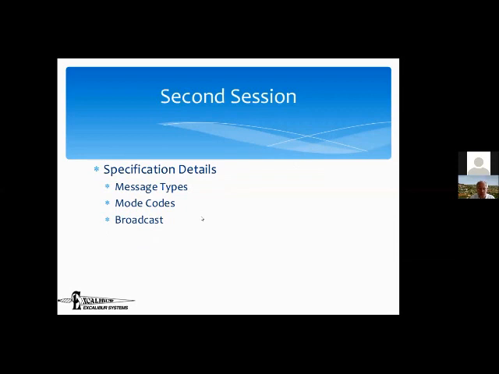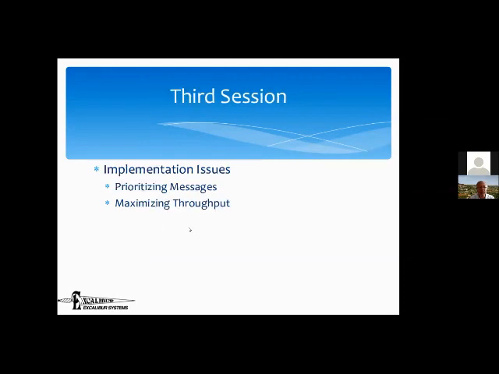The second section will talk about the details of the 1553 spec, centered around the idea of a message. What is it that gets sent? And there are multiple different types of messages, and we'll talk about all of them. Following that, we'll talk about things that are not in the spec, such as how do you prioritize messages? How do you make most efficient use of the throughput available on the bus so that the messages that are time critical happen more often and the ones that are less time critical happen less often,